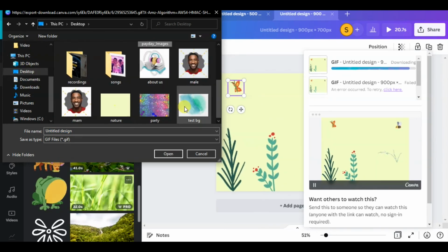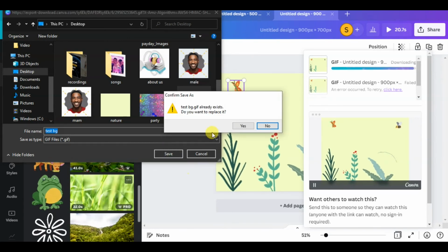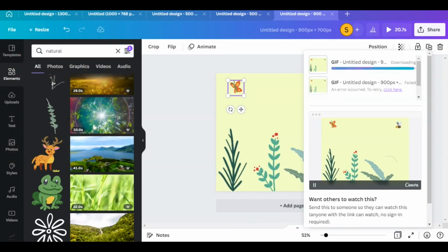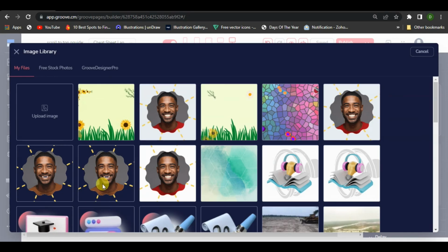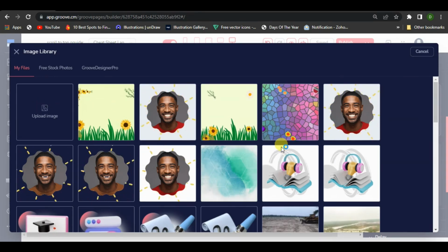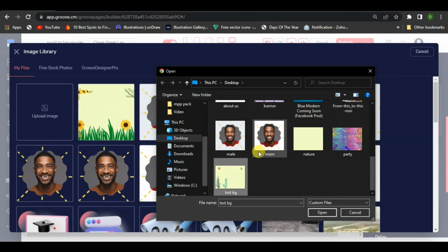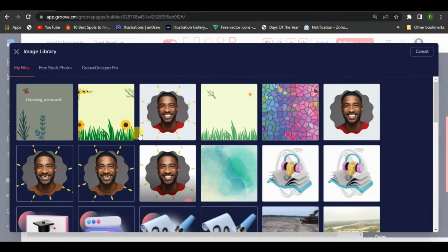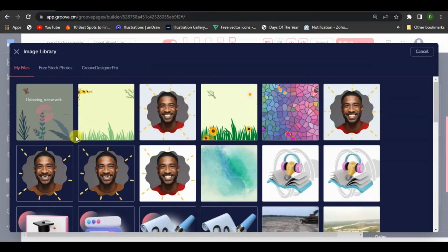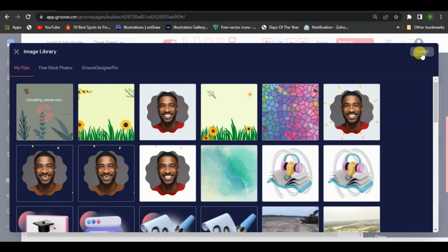So let me just go to put on desktop and just replace it with this test BG here and save. Yes, completed. And just go here and search for test BG, and open.